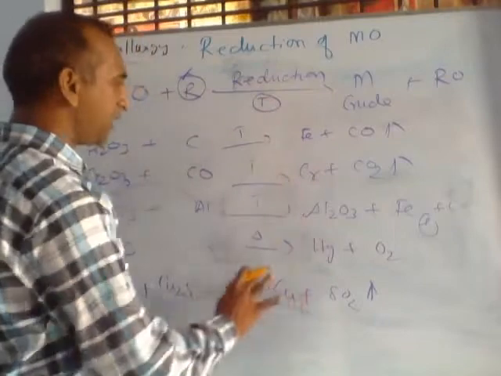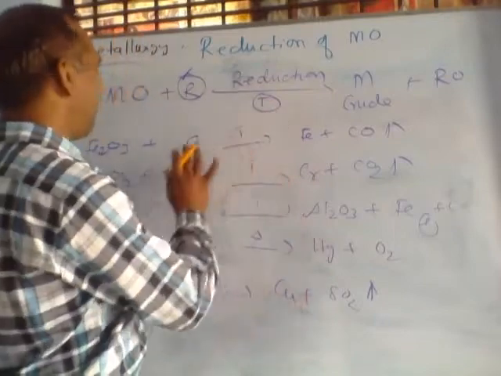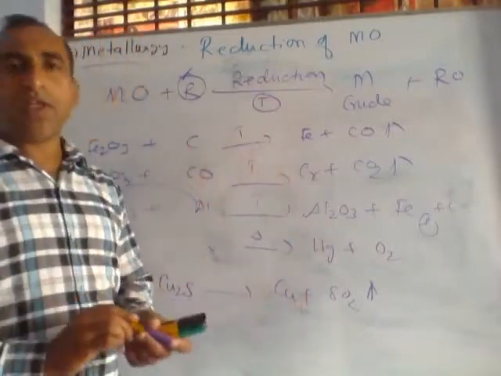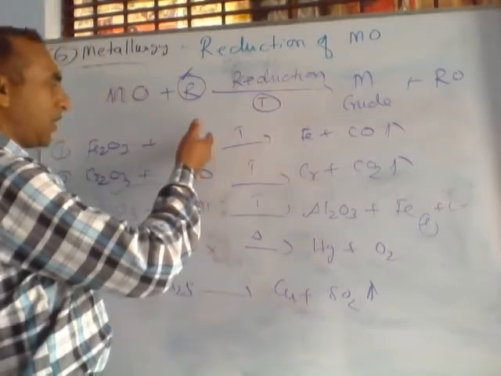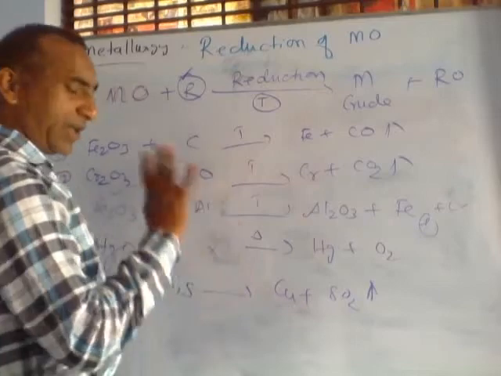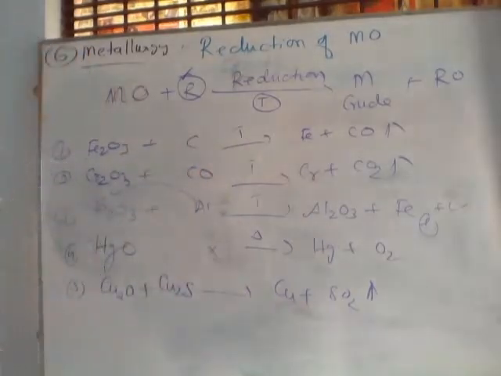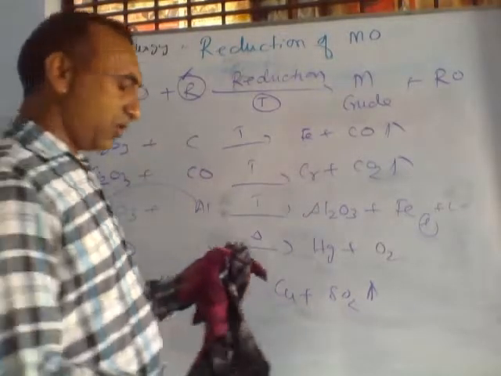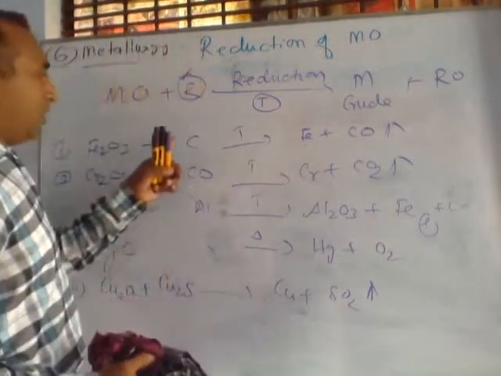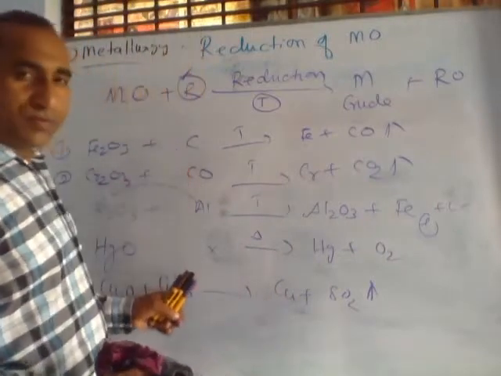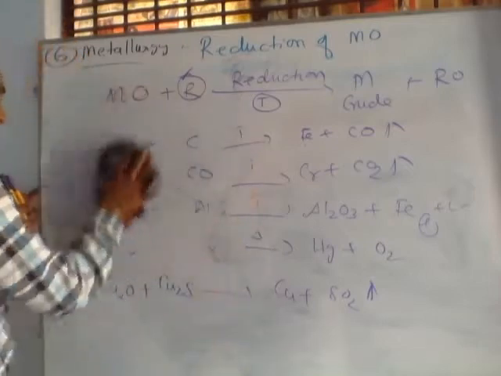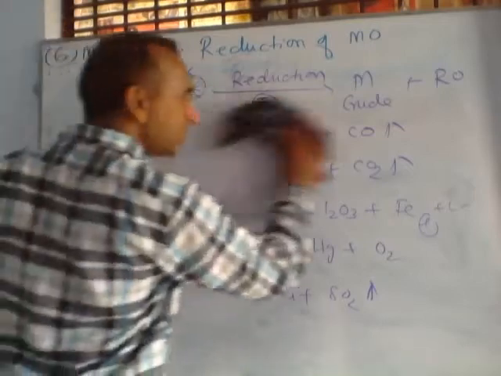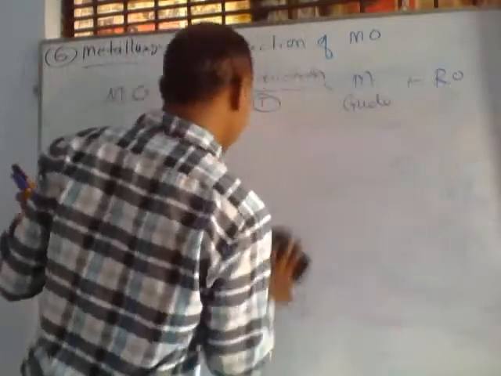So these are all reactions based on temperature, using a suitable reagent, otherwise no need of reagent. Reagents are carbon, carbon monoxide, aluminium, etc. But the question remains. What is the question? The question is which type of reagent, and at what value of temperature, at which temperature this reaction happens.